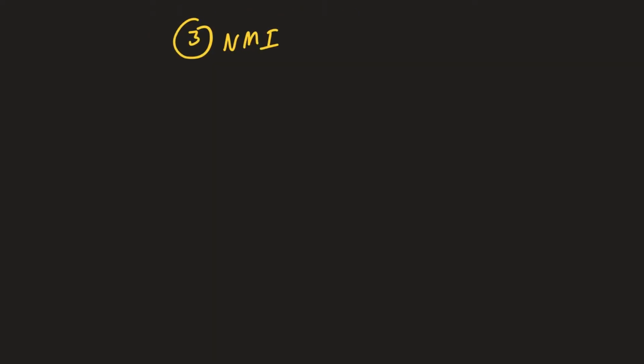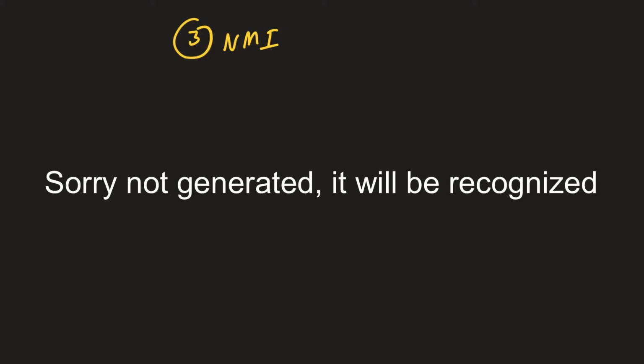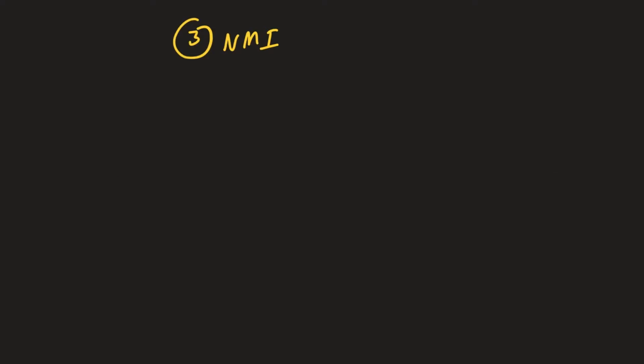The third one is a non-maskable interrupt or NMI interrupt or type 2 interrupt. Whenever there is a low to high transition at the NMI pin, this interrupt will be generated. This interrupt cannot be disabled or masked. This is generally used to save the program data or processor status in case there is a power failure.